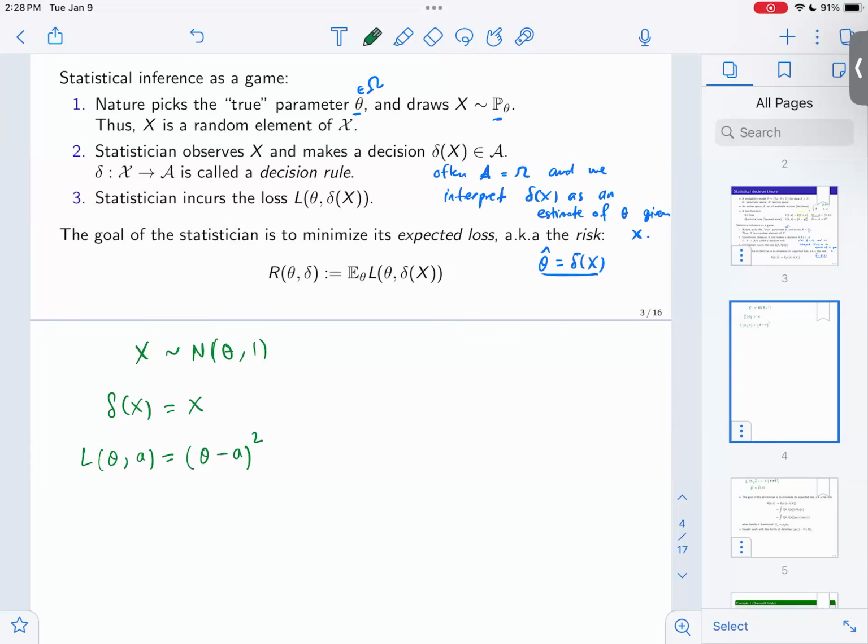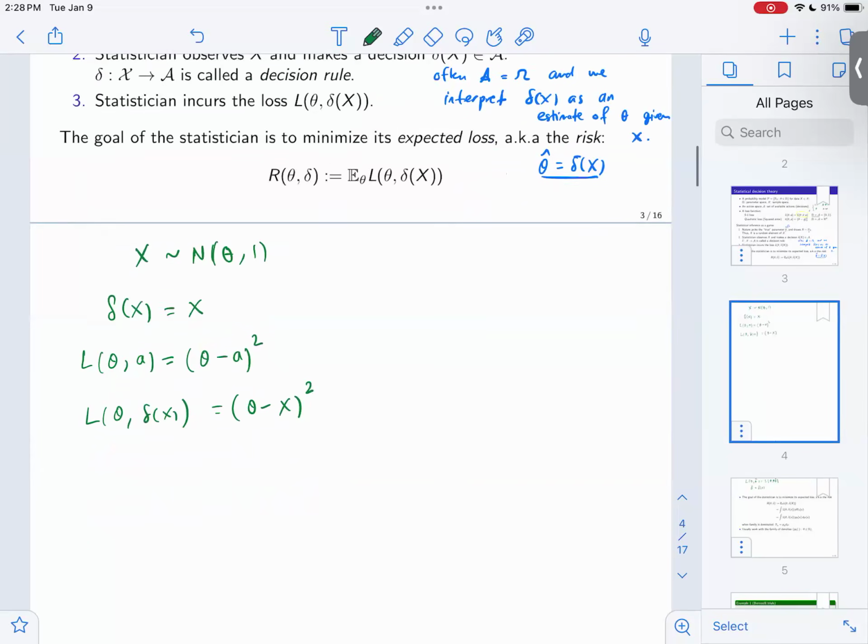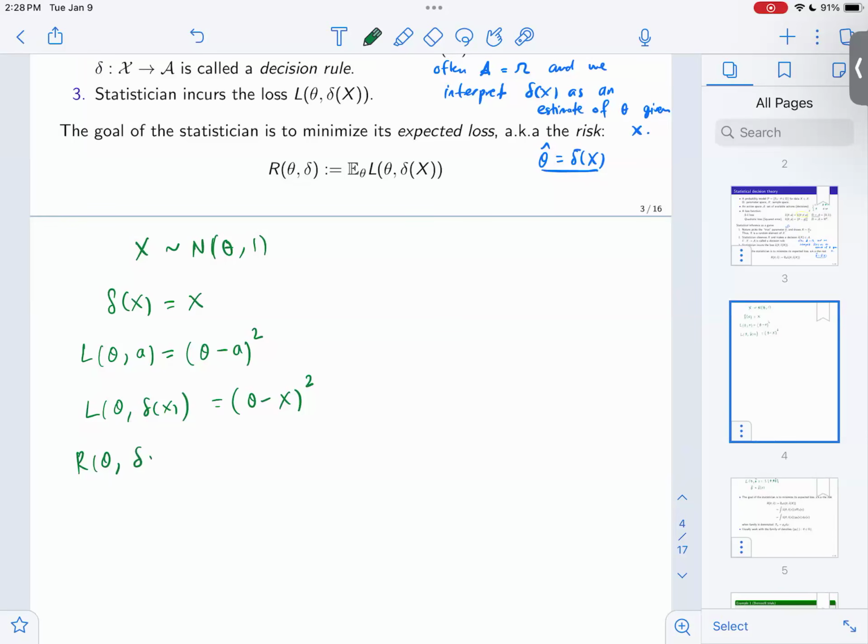I'm going to plug this in: L of theta and delta of X would be theta minus X squared, and then the risk would be the expectation under theta of theta minus X squared. So what would that be? This is delta of X, right? The expectation of